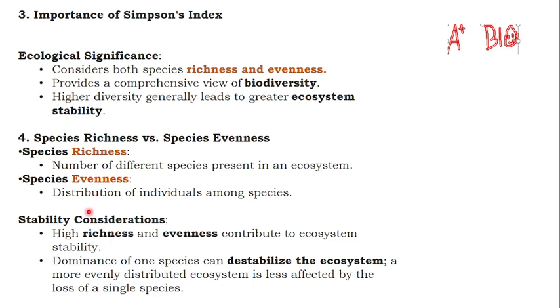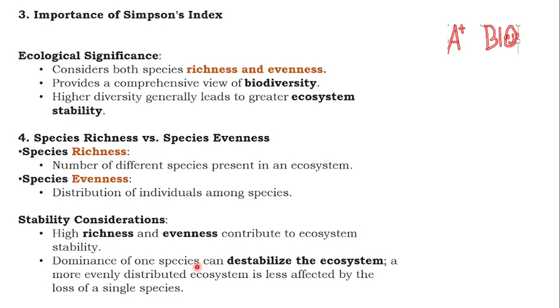Now you should be aware of understanding what you call stability consideration. Stability consideration is one of the factors you should consider once you want to understand the biodiversity of your ecosystem. What are the differences? Imagine if you have dominance of one species. Imagine if in your park you are having only